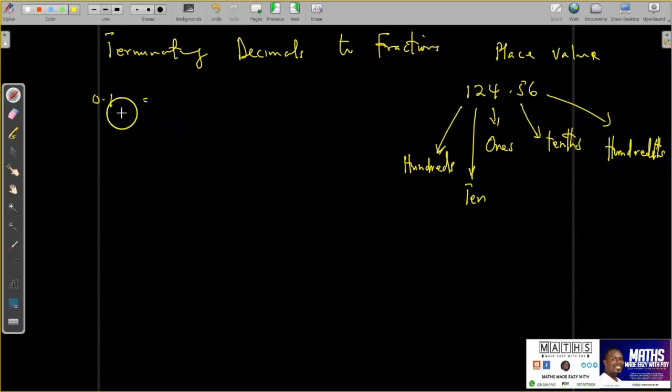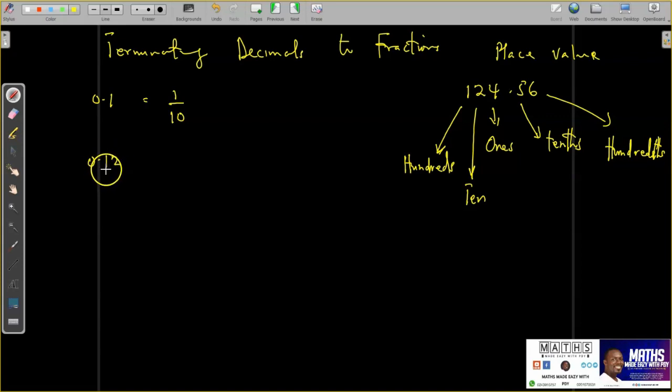So if I want to write this in a fraction form, it's going to be that digit divided by its place value. And the place value is 10. So we are going to have 10. Just that. So it becomes 1 on 10. My people, are you following me? Yes, please. So if I have 0.12,